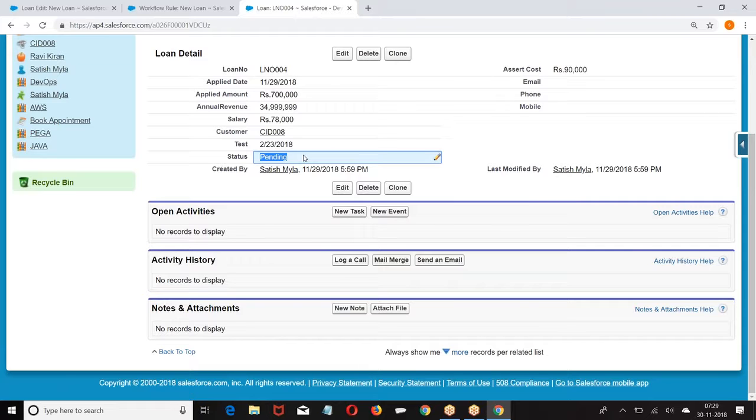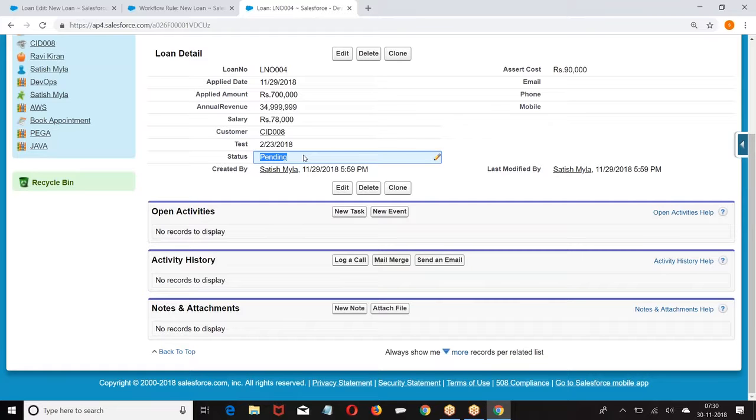The people follow this point, like how you created a task, how you created an email. In a similar way, we are creating field update. Which field can you update? I can update the field on the record or its master record. I can update the fields of the record as well as the fields of its master record. I hope you are getting my point. Am I clear? Okay.